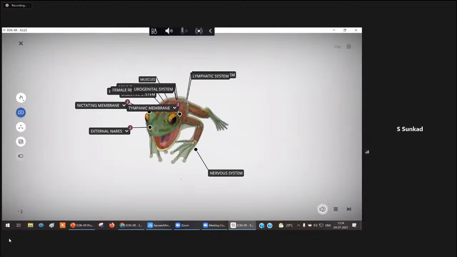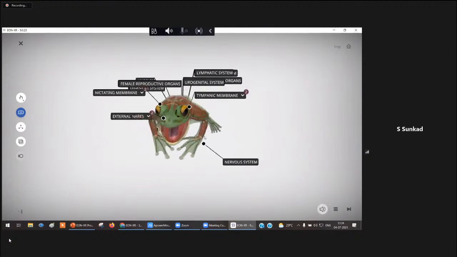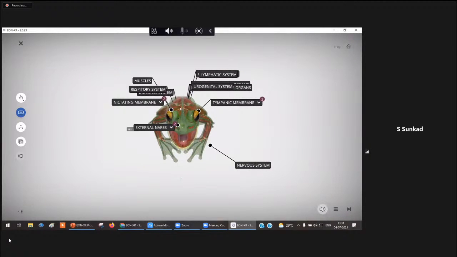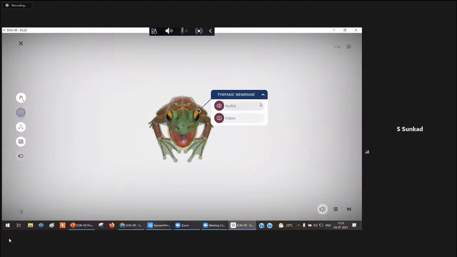All right. Now, what do we mean by a lesson? So this is your 3D model. You can always add labels and you can always add different pieces of content to it. So these numbers which are reflecting here, this number 2, they are basically different types of content added to it. So tympanic membrane is a label within the model, and to the label we have added 1 audio and 1 video. Now if I wish to play the audio